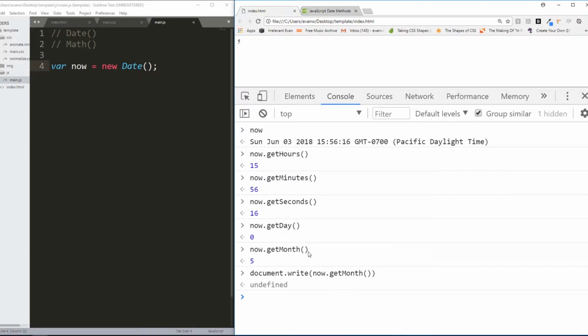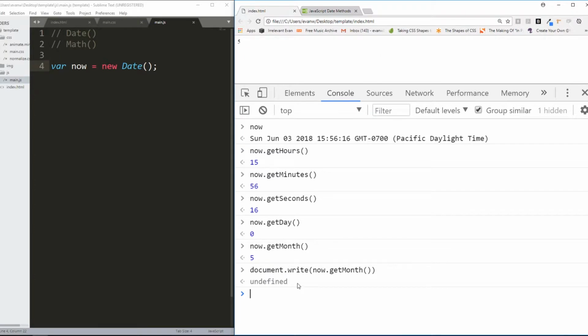I need to know how to get from now.getMonth, which returns 5, to the string that I'm looking for, June, or maybe JUN, or whatever abbreviation I'm after. Same goes for getDay. Okay. The other quirk about the date object that I want you to bear in mind deals